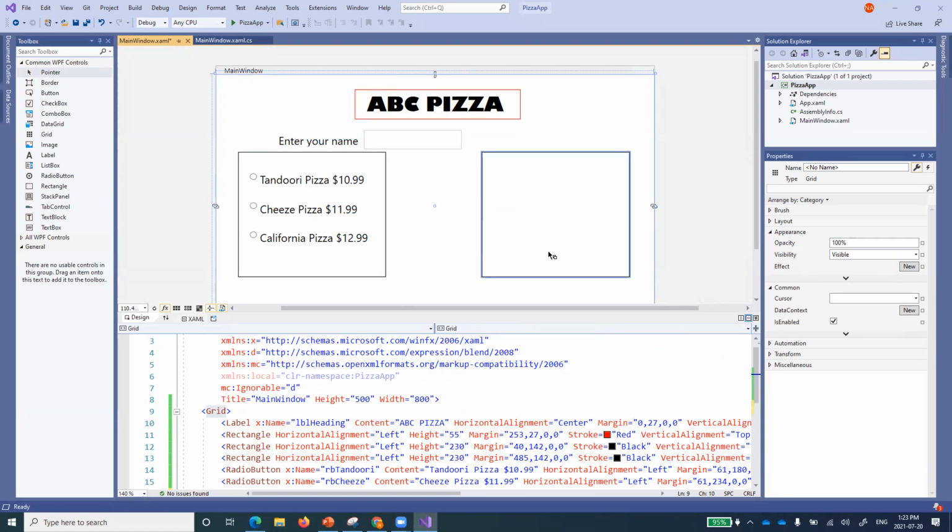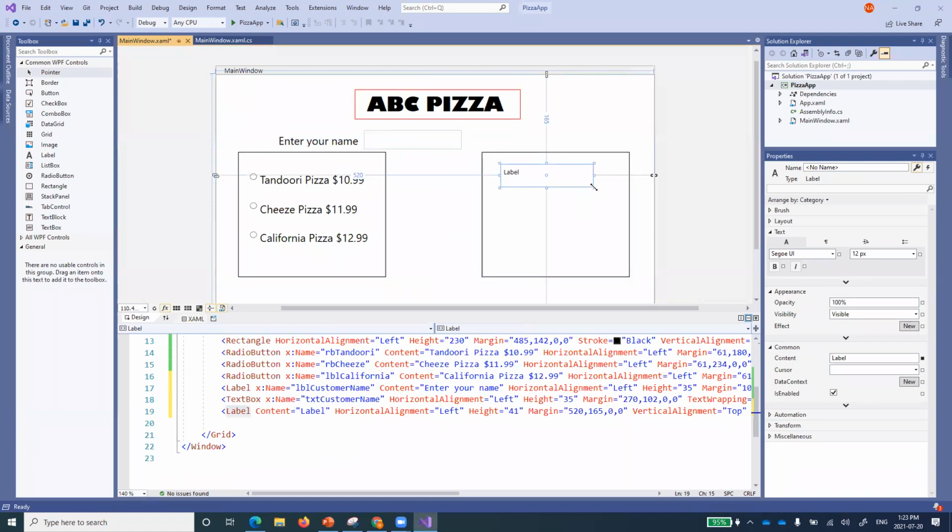Now come to the right part of our screen. This will be our order part. So first of all, bring up one label over here and call it LBL order.